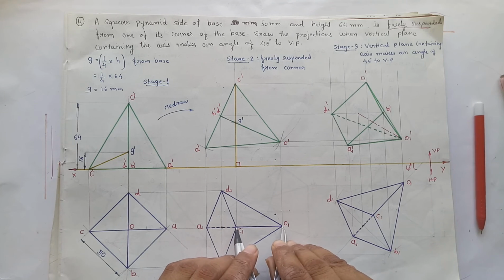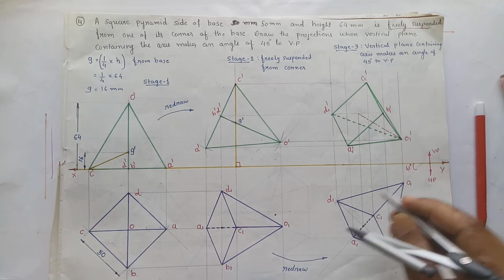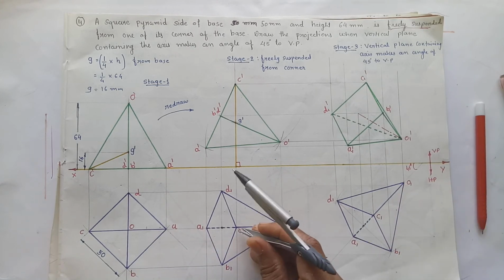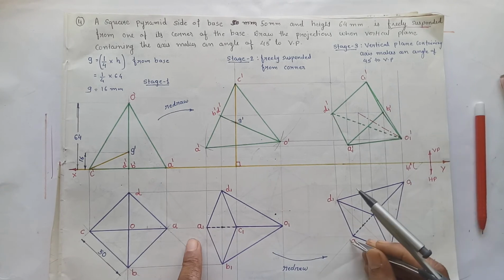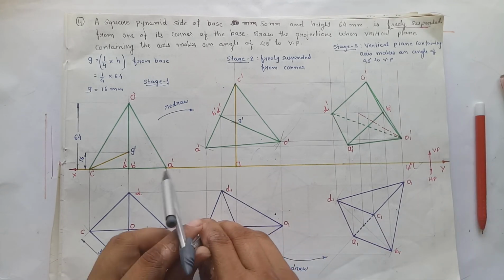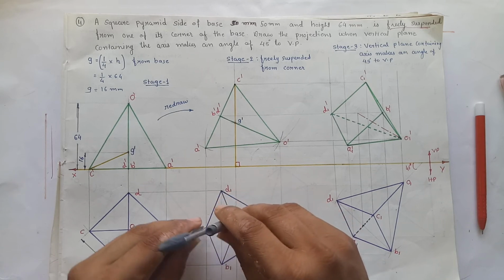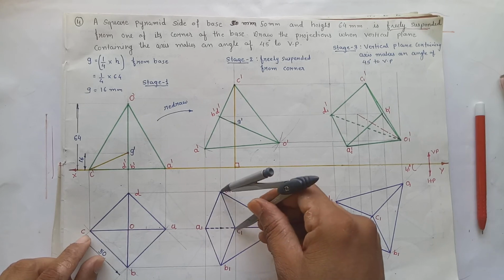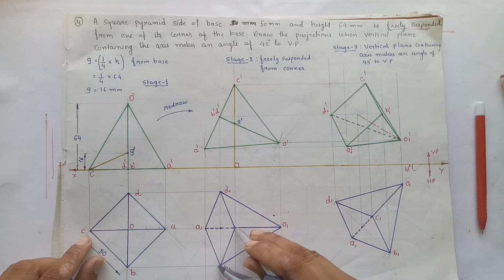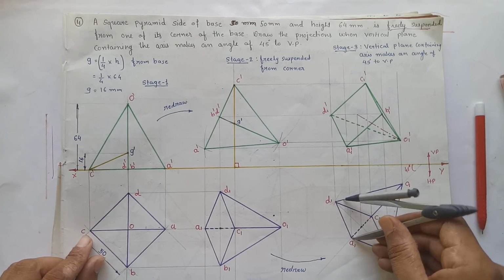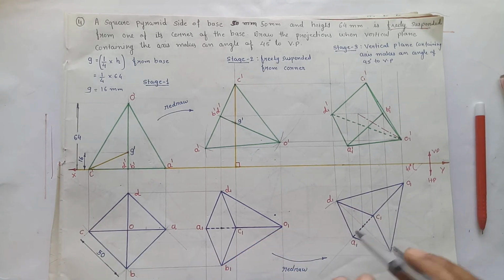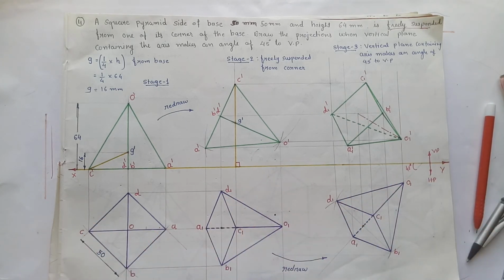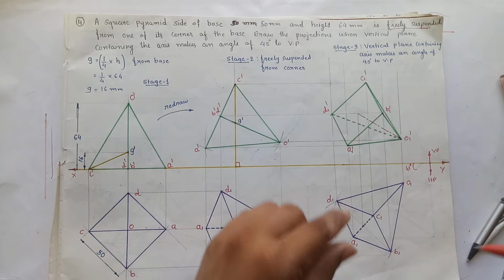So measure O1C1, and O1A1 on this line also. Now we have O1C1A1, O1C1A1. Now measure A1 to B1, A1 to B1 will also remain the same. If we measure C1 to D1, it will also remain the same. C1 to B1, it will also remain the same. So now give arcs 1, 2, 3, 4 and mark B and D and copy this figure. Now we will draw the elevation in the third stage.